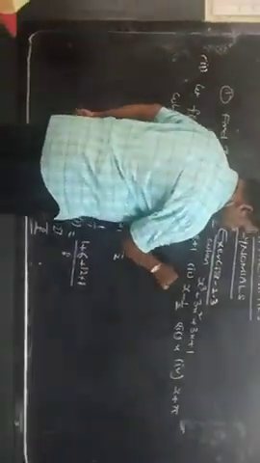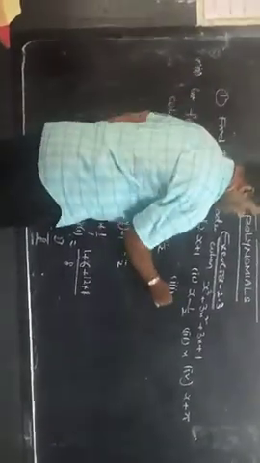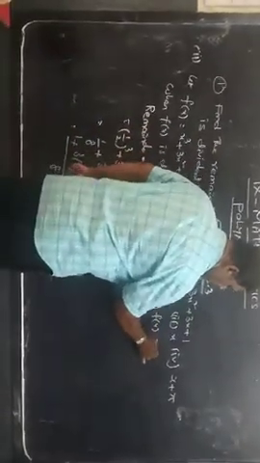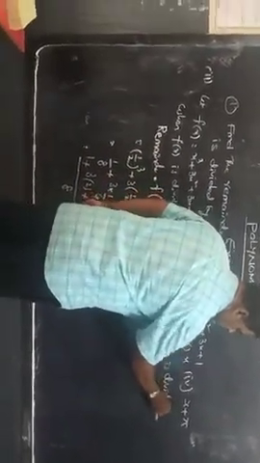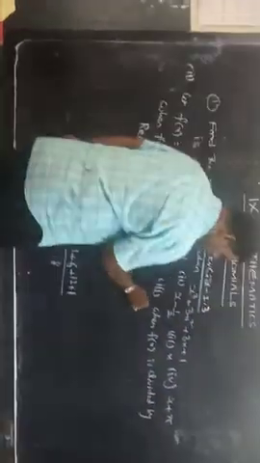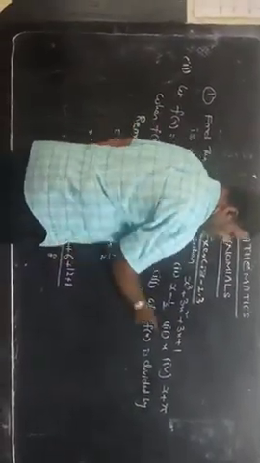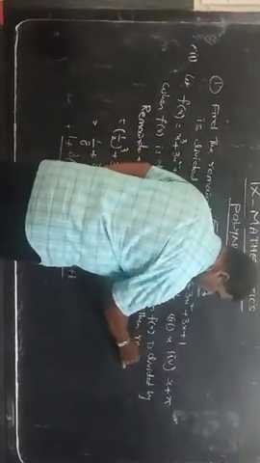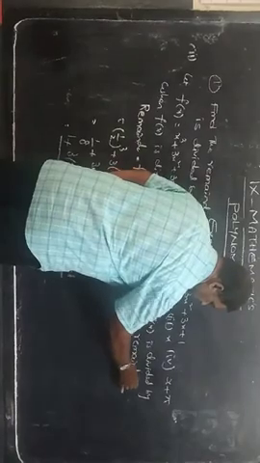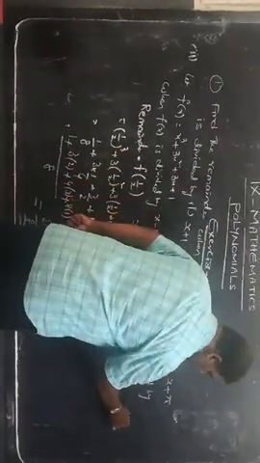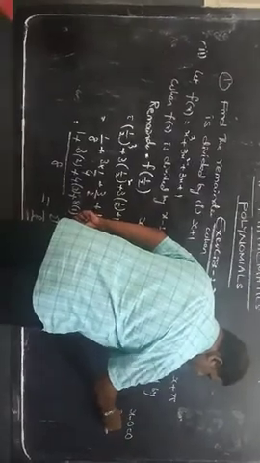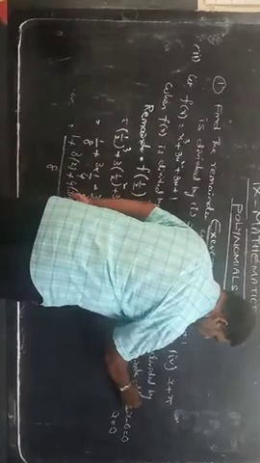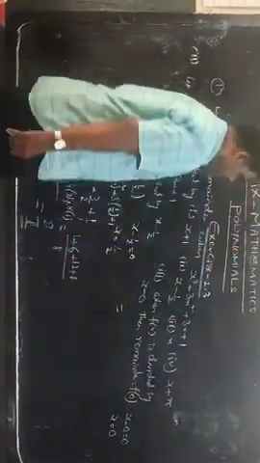Now the third bit. When f of x is divided by x, here only x is given, we can take x minus 0. When f of x is divided by x minus 0, then the remainder is equal to, we equate x minus 0 to 0 and find out the x value. The x value will be 0. That 0 we should substitute in f of x. So we should find out f of 0. Let us find f of 0.